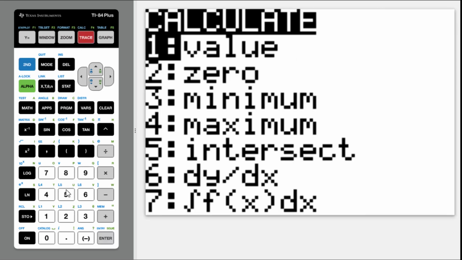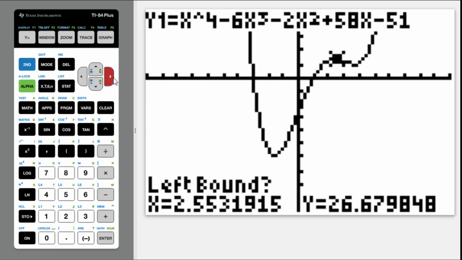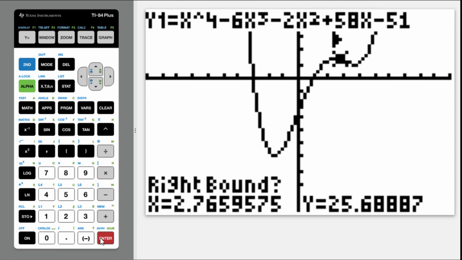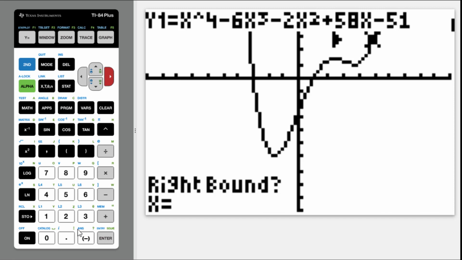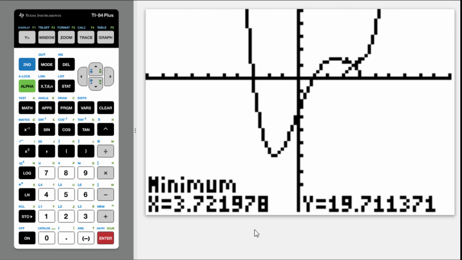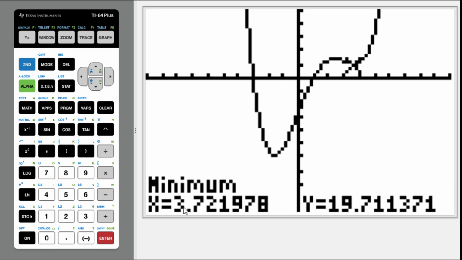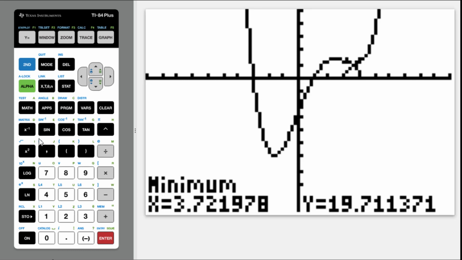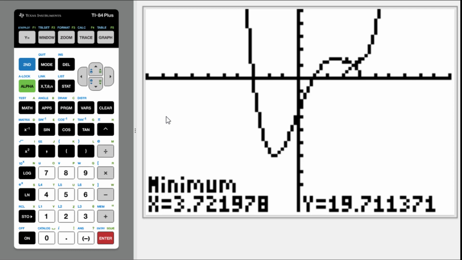Keep doing. Second trace. Minimum point. Left bound. Right bound. Enter. Minimum point is 3.72, 19.7. Since we get all the information for this graph, let's go back to the graphing paper to set up